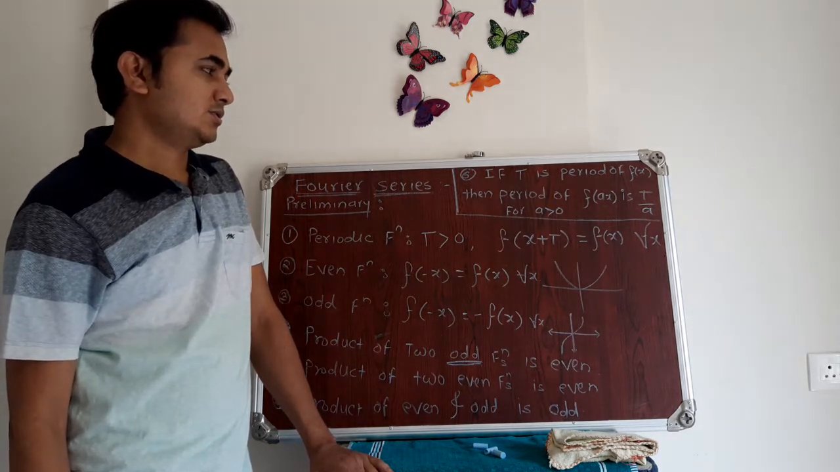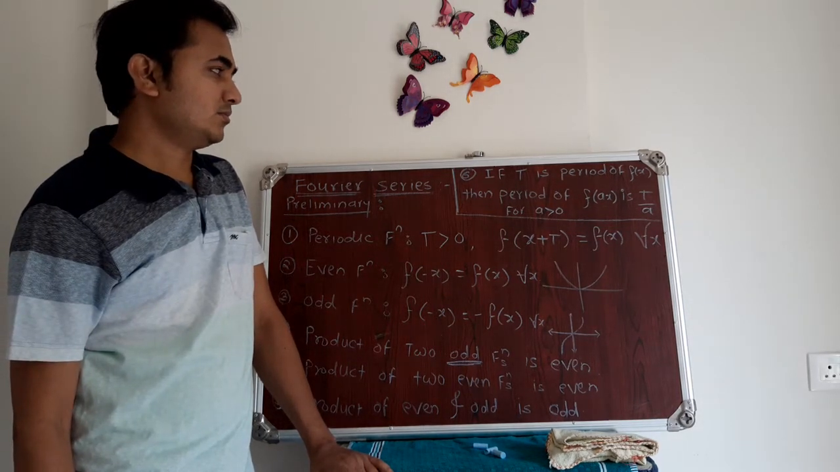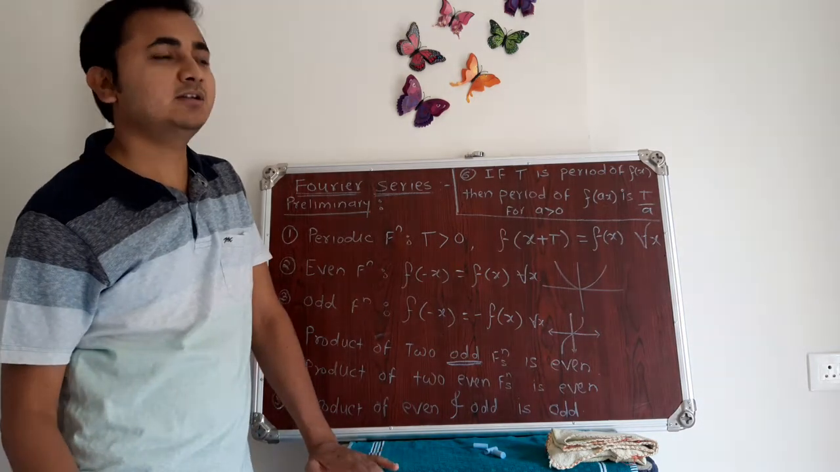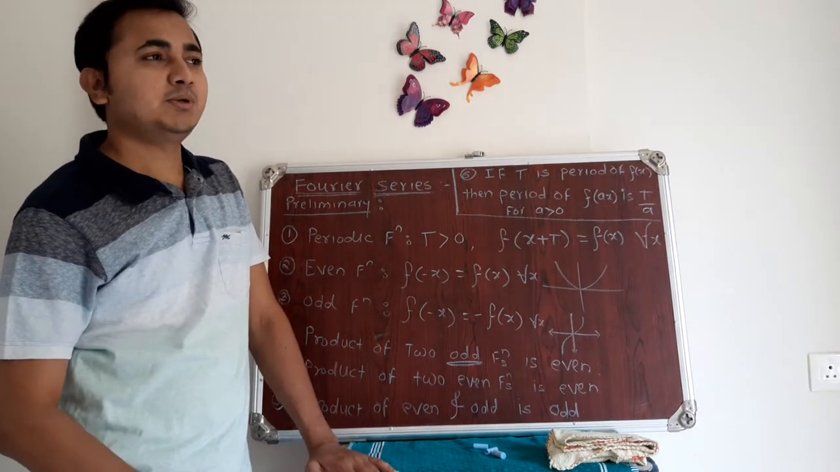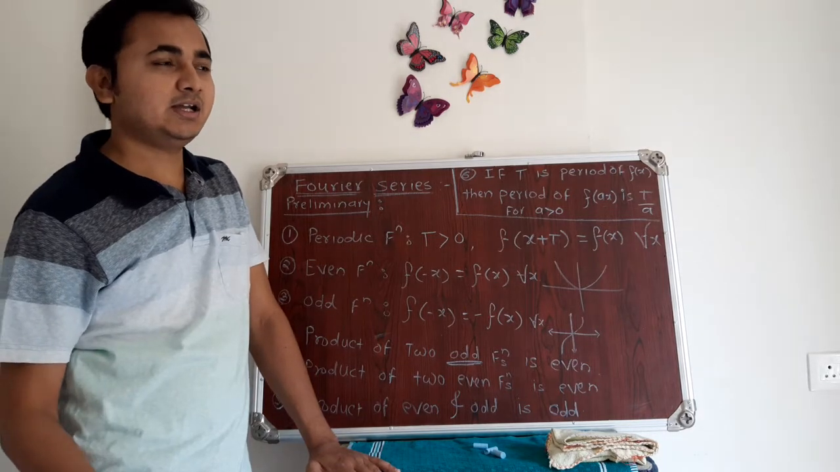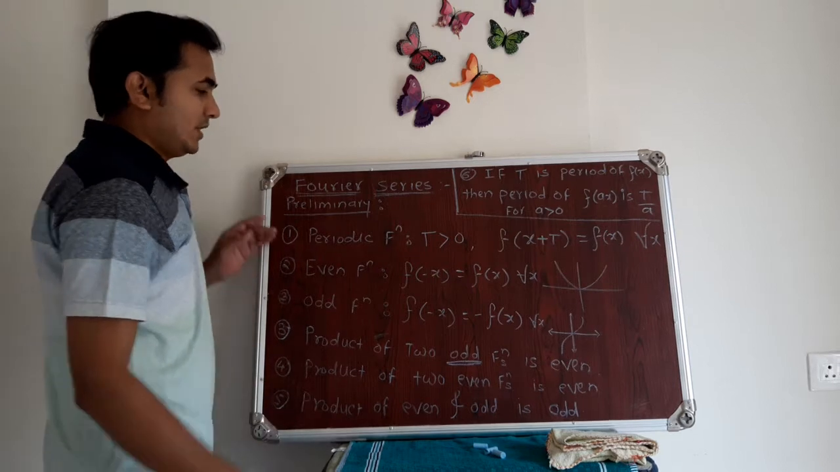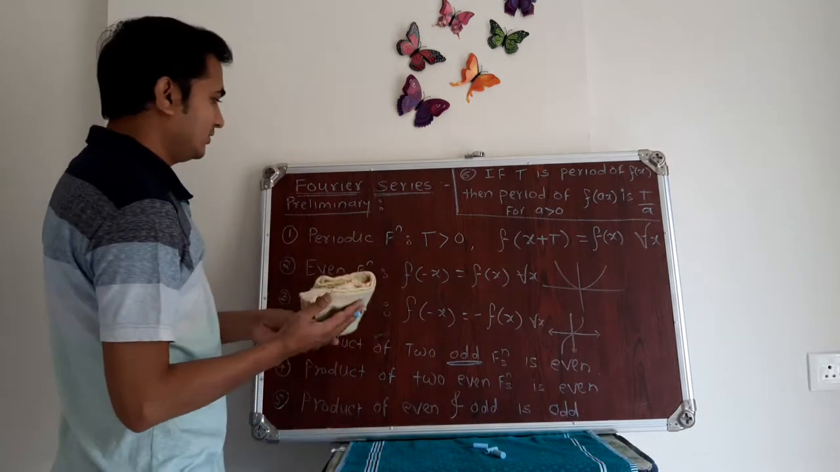So if I ask you what is the period of tan 3x, then that will be pi by 3, because the period of tan is pi and tan 3x will be pi by 3. Alright, fine. Then the next thing that we need